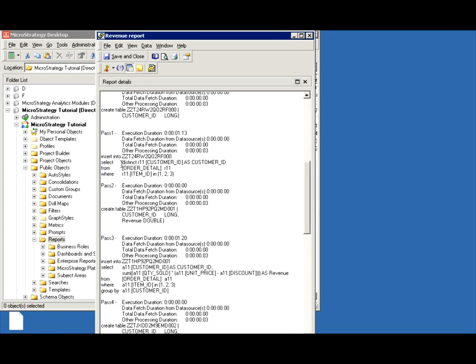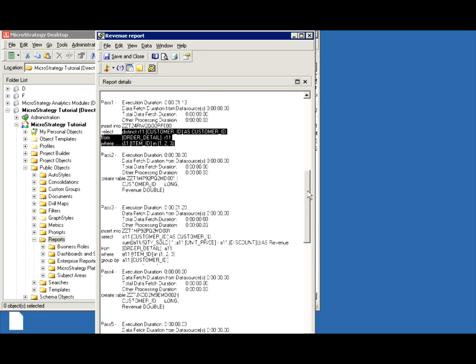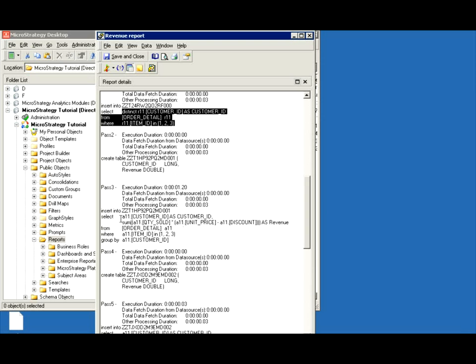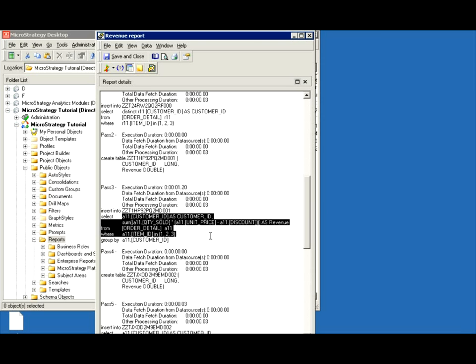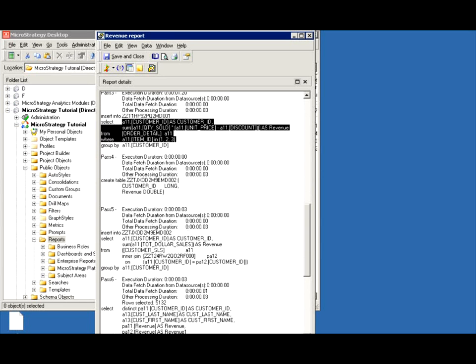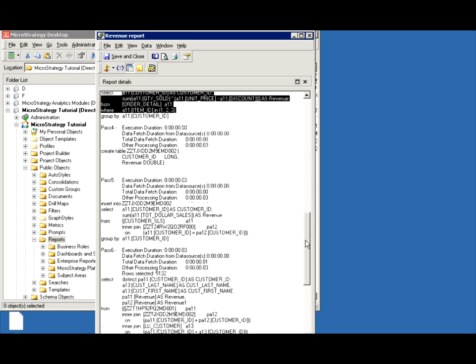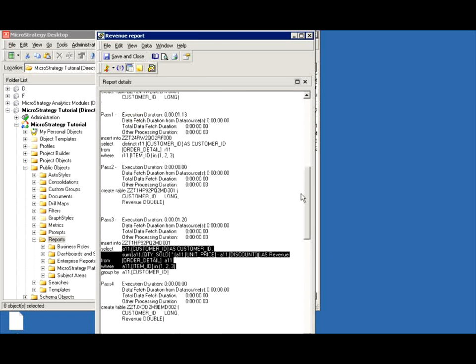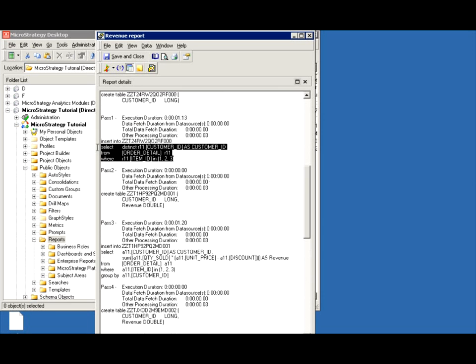In one pass, we have: give us the customers who bought 1, 2, 3. Straightforward. We also have: give us the customers and their revenue who bought 1, 2, 3. That is the first revenue column. But then we're saying, okay, give us a new list of customers and their revenue, and join the customer ID on the temporary table, the first one, on the customers who bought those items